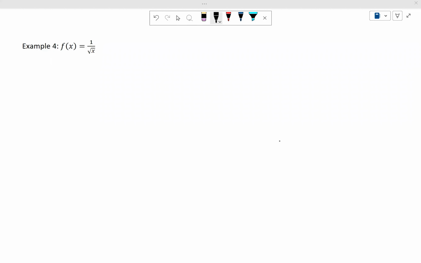Welcome back for another example of difference quotients. So now we're looking at 1 over the square root of x, a combination of functions. All right, so if we look at f of x plus h minus f of x all over h, again,